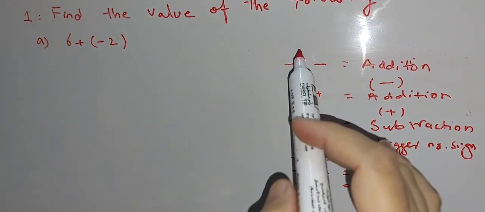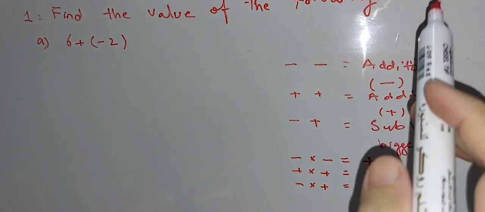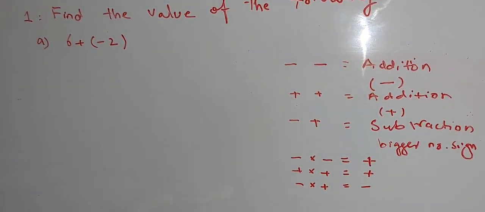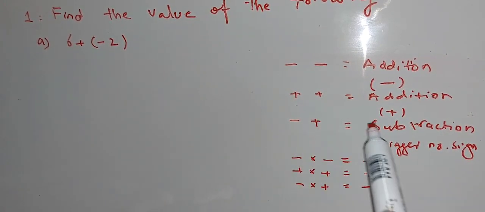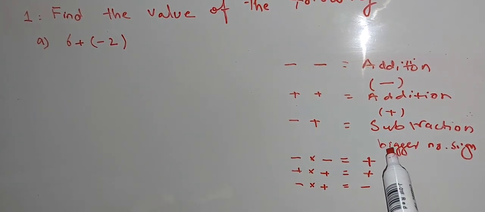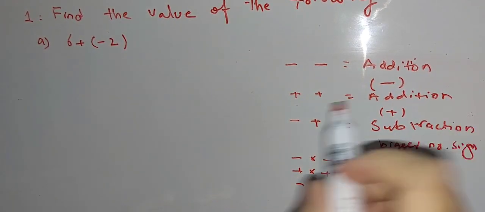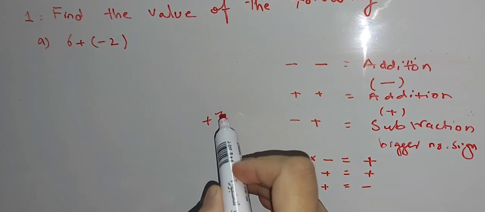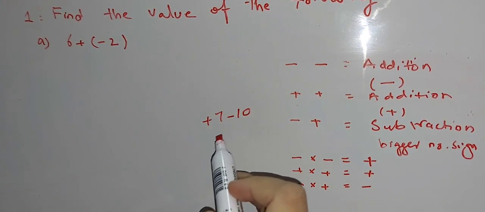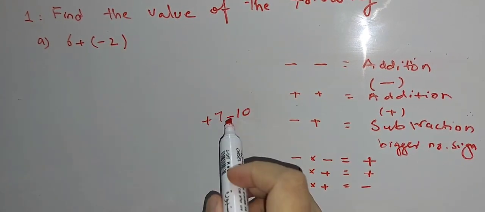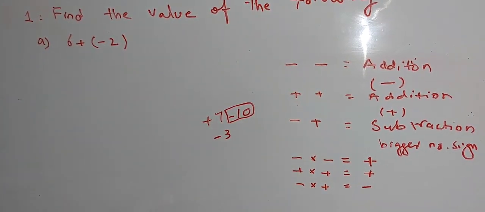Whenever you have to add minus 1 and minus 1, the answer will be minus 2. We will do addition with minus sign. Plus and plus, normal case, we will do addition, but minus and plus, always do subtraction, but the answer carries the sign of the bigger number. Like let's suppose if I write plus 7 and minus 10, what will we do? We will do subtraction. 10 minus 7 will be 3. But the bigger number carries what? Minus sign. So we will write minus here. Understand? Okay, let's start the exercise.